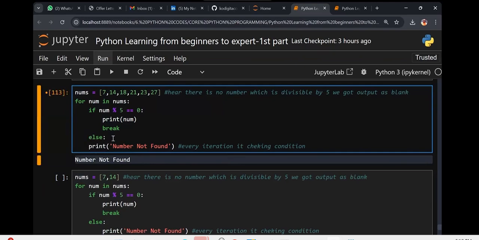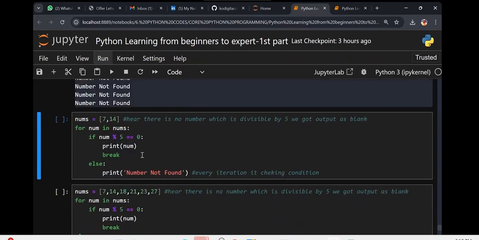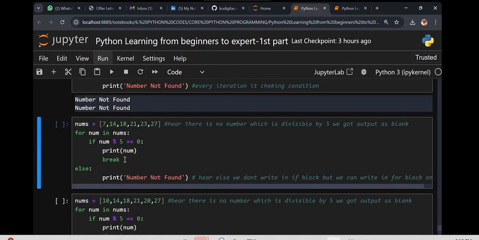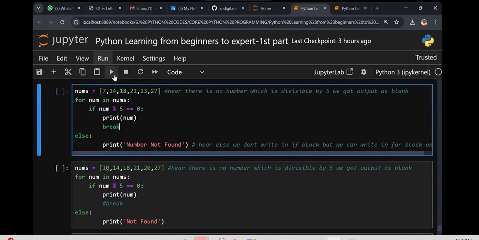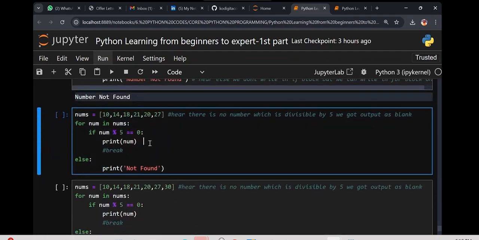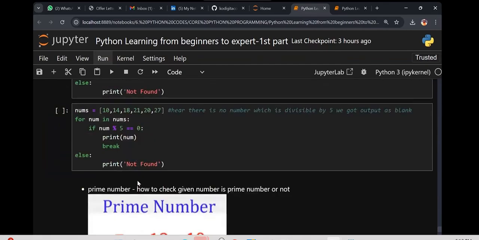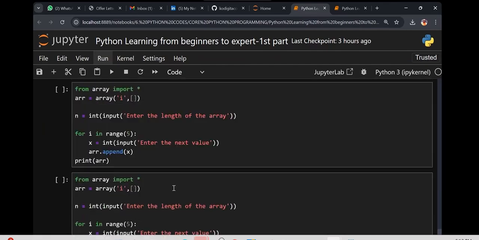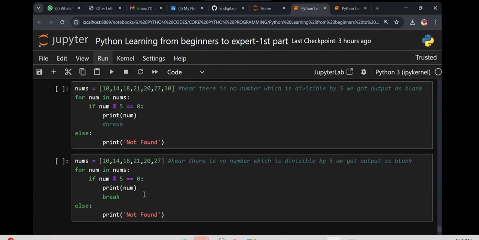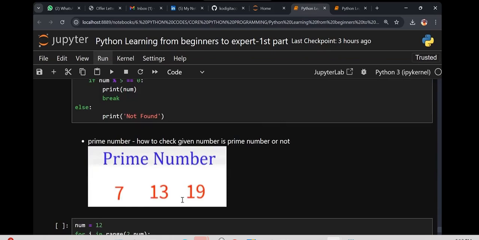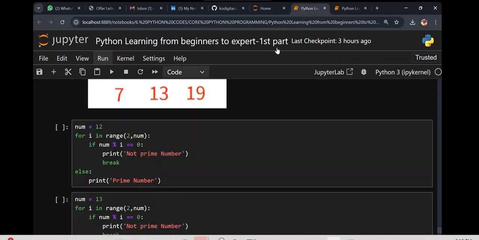So the moment you enter here, you get this output, and when a number is found, it behaves differently. The moment you say number not found here, I mean if you have numbers, I hope this part is pretty clear. Prime numbers I will tell you tomorrow, and I'll stop it here because people have left.